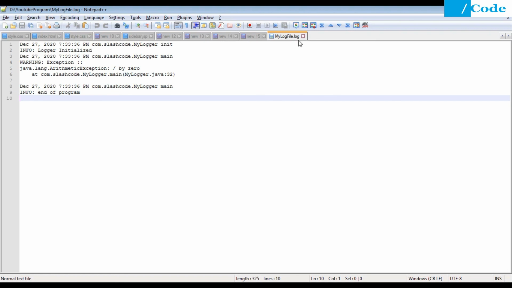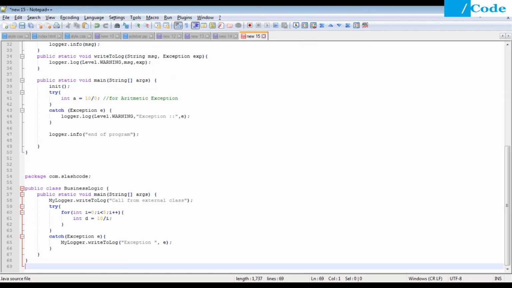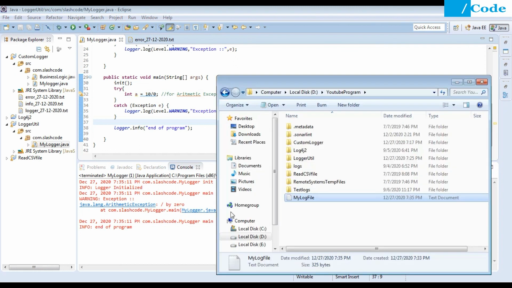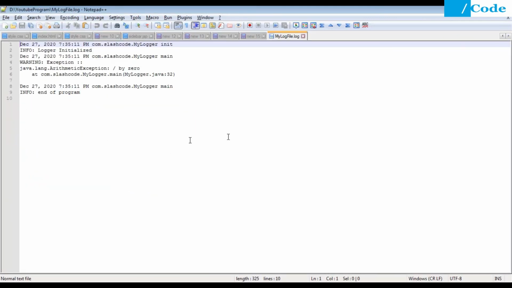So what happened here? Let me reopen it once again. So we have 735. As you can see, the file is created again and again.